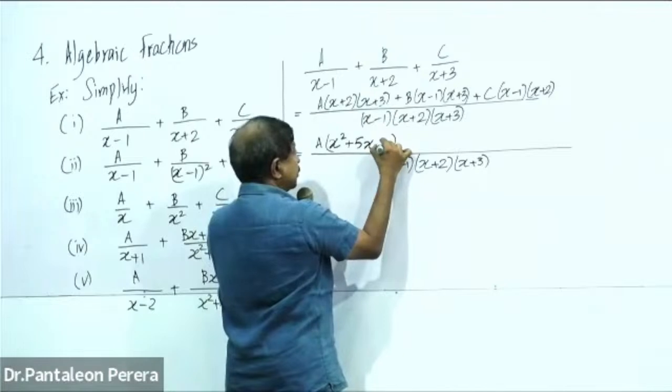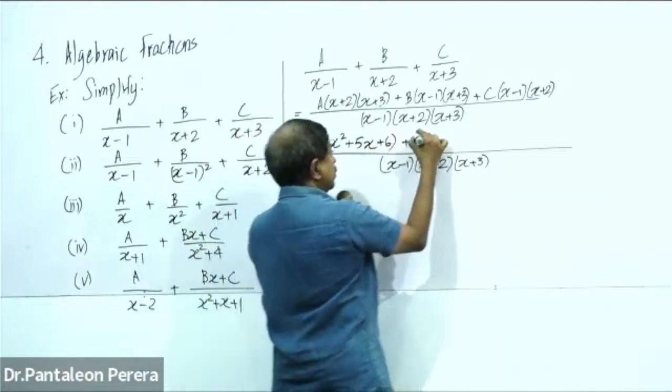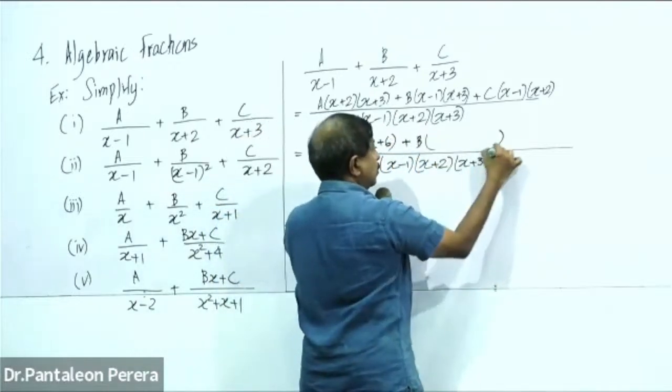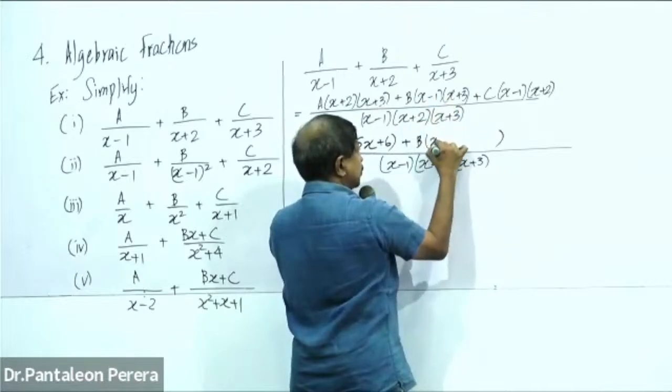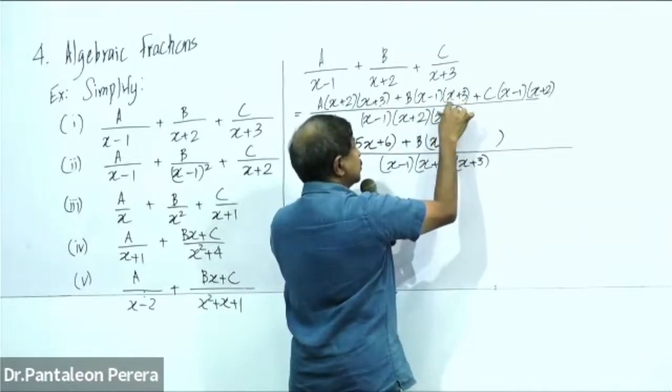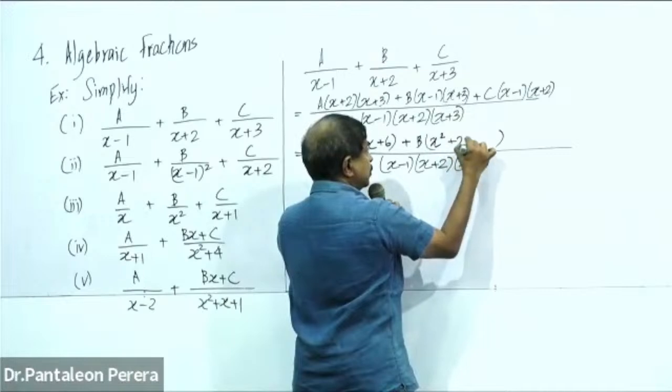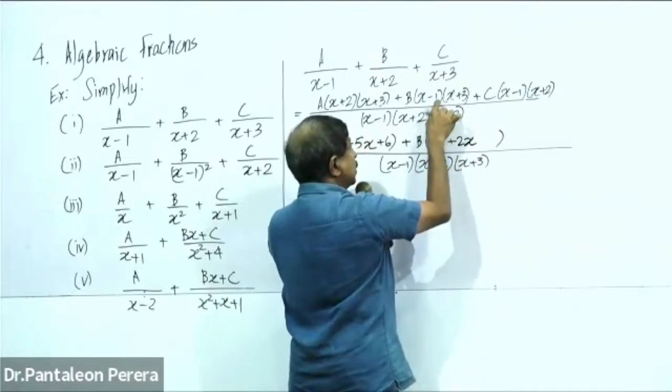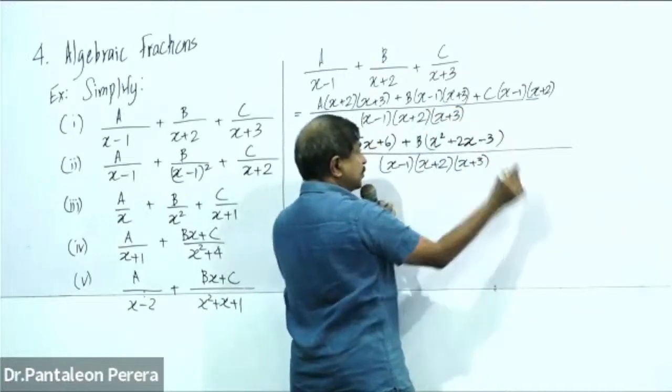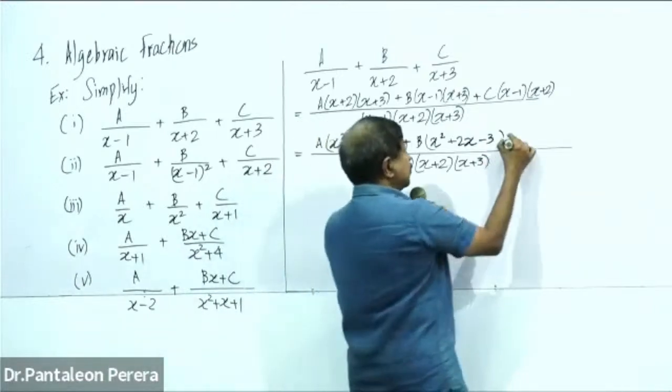2 times 3, 6. x times x, x squared. 3x minus 6. That will make it 2x. Minus 1 times 3, minus 3. And finally,